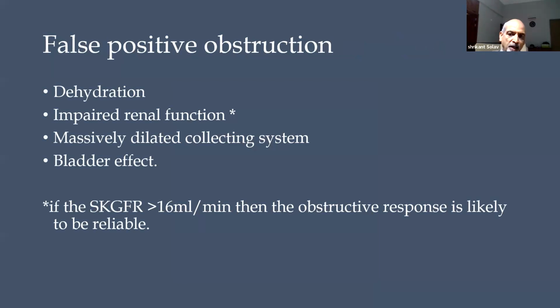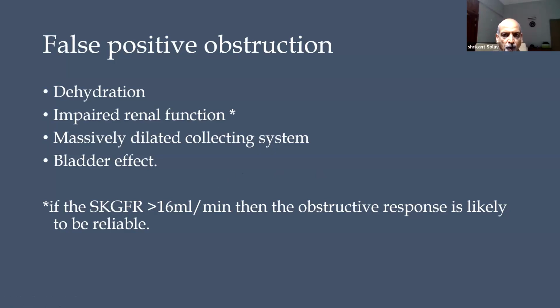and if the patient's bladder, for some reason, neurogenic bladder, which can cause an overdistended bladder, which is not catheterized, can cause a false impression of poor drainage from the kidneys. And a single kidney GFR, if it is more than 16 ml per minute, then the response for obstruction is fairly reliable. When the GFR is low, compromised, then of course the kidney refuses to respond adequately to diuretics, and we may not be able to differentiate between whether this is a parenchymal